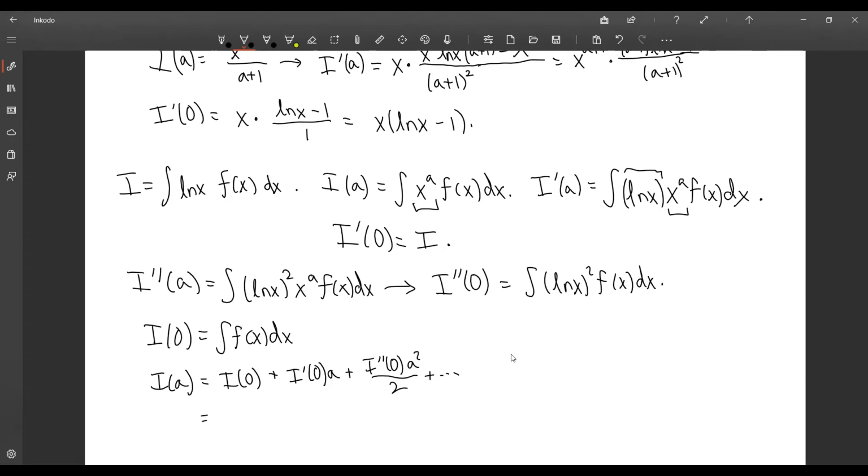And so this is going to be the integral of f of x dx plus the integral of ln x f of x times a plus